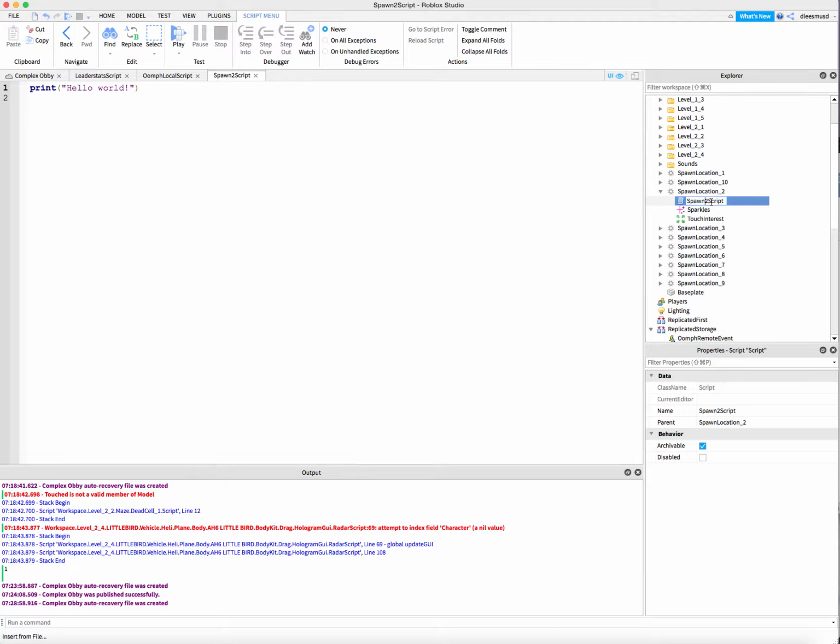That looks a little messy, so let's do underscore underscore. Okay, and then in here what we need to do is get the local spawn location and set it equal to script.parent. And next we need to add a touch to that spawn location. So we're going to say spawnLocation.Touched, and we're going to say connect, and we're going to connect to a function called onTouch. And we're going to go ahead and create this function